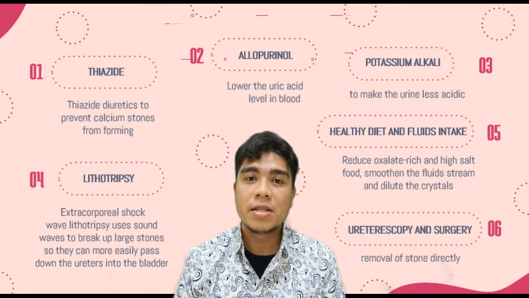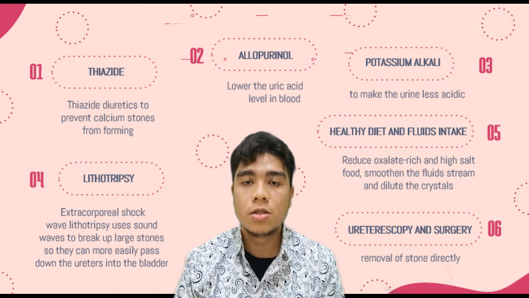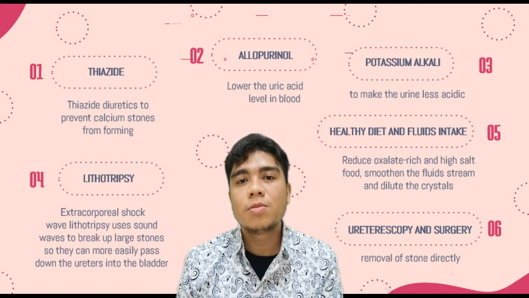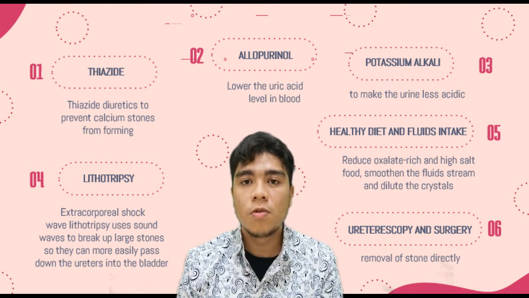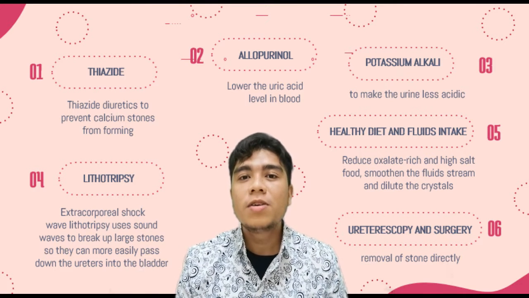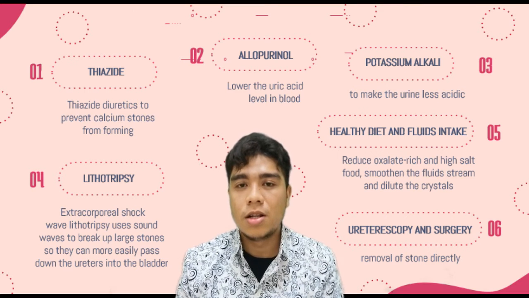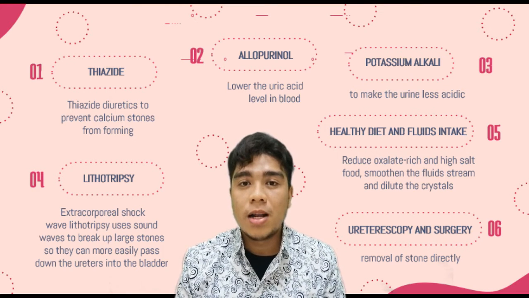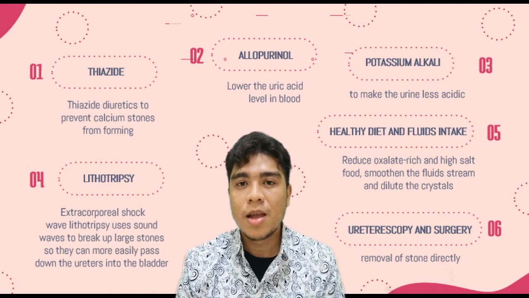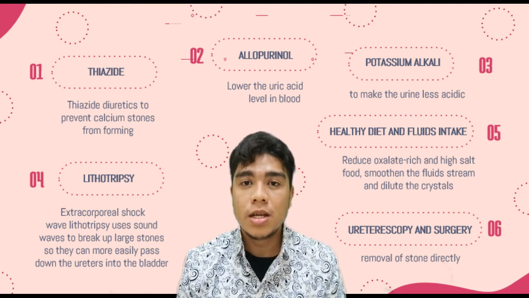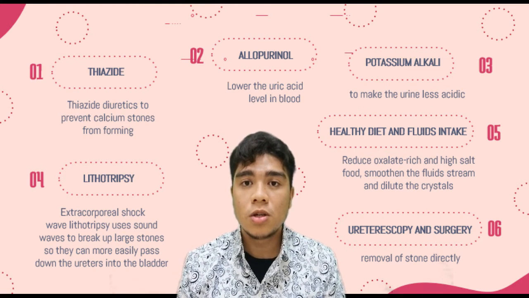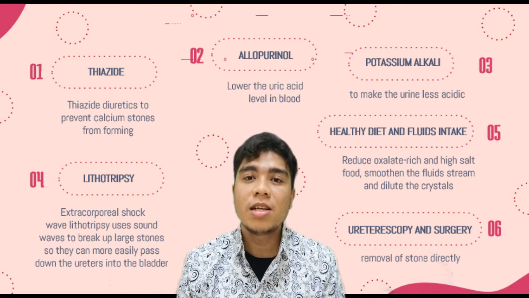There are several methods used in the remediation of kidney stone. First, by using thiazide. Thiazide diuretic helps to prevent the calcium stones from forming. Next is allopurinol. Allopurinol will lower the level of uric acid in urine. Potassium alkali is used to make the urine less acidic. By performing lithotripsy, extracorporeal shockwave is used to break up large stones so they can pass down easily through the